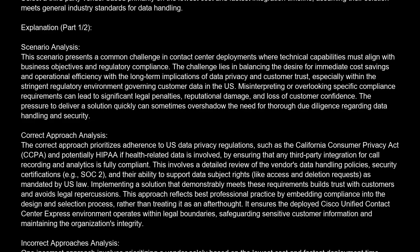Scenario analysis. This scenario presents a common challenge in contact center deployments where technical capabilities must align with business objectives and regulatory compliance. The challenge lies in balancing the desire for immediate cost savings and operational efficiency with the long-term implications of data privacy and customer trust, especially within the stringent regulatory environment governing customer data in the U.S. Misinterpreting or overlooking specific compliance requirements can lead to significant legal penalties, reputational damage, and loss of customer confidence. The pressure to deliver a solution quickly can sometimes overshadow the need for thorough due diligence regarding data handling and